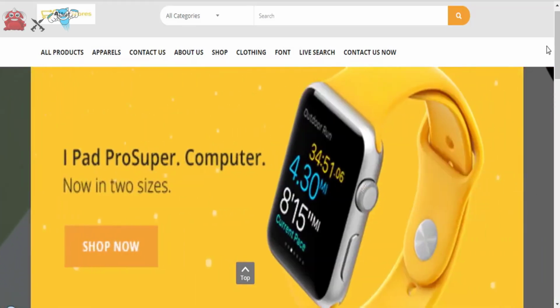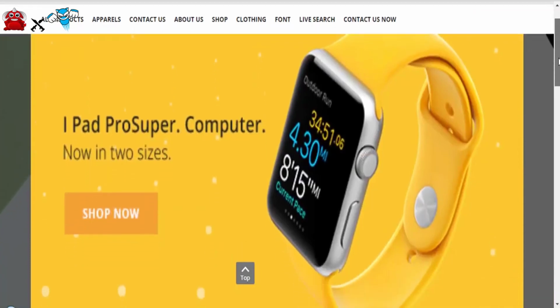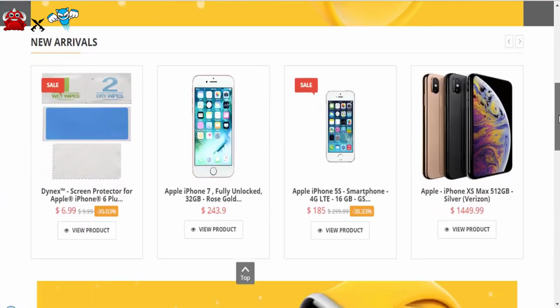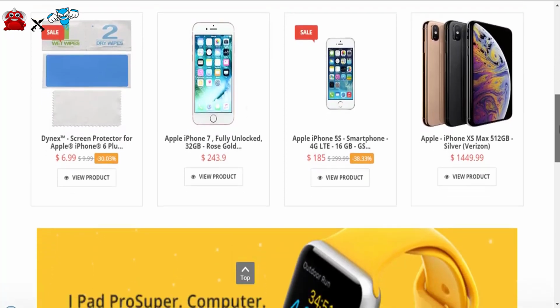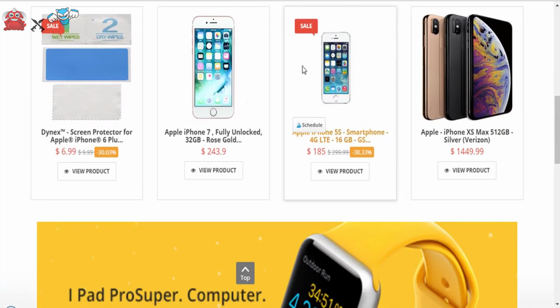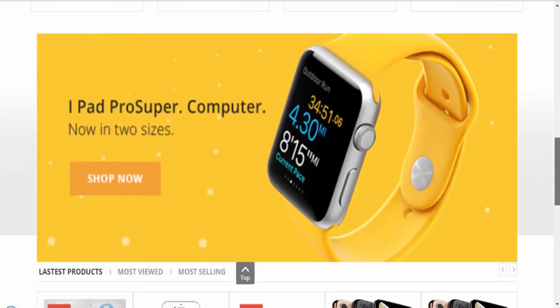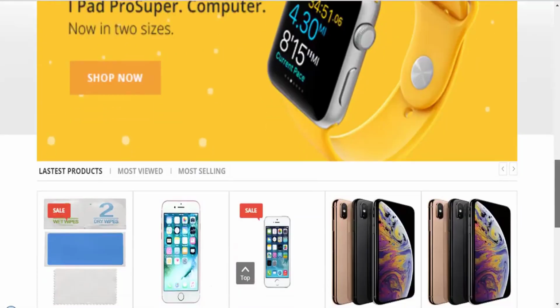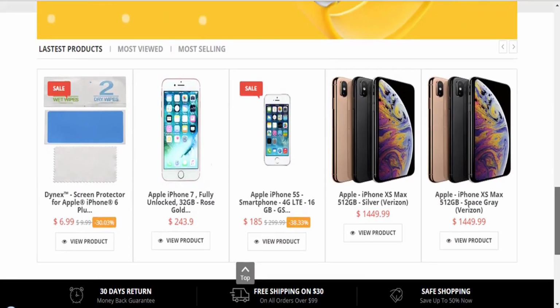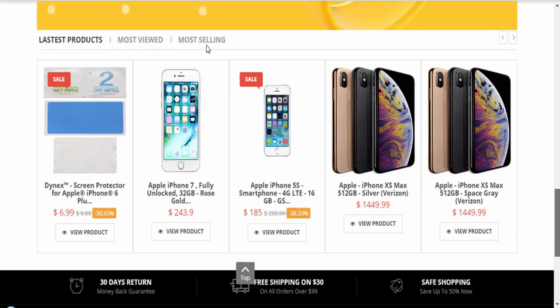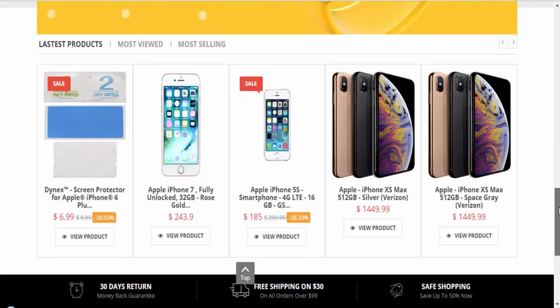AlterStore, imagine being able to set up a stunning looking e-com store just like what you can see with new arrivals of products shown, and of course with the splash icons of sales of product and products that are already out of stock. Scrolling down, you could have professional looking banners just like you can see here, and of course you could see latest product, the most viewed product, the most selling product, all listed on your e-com